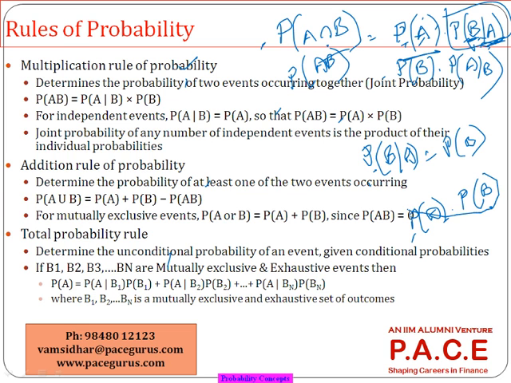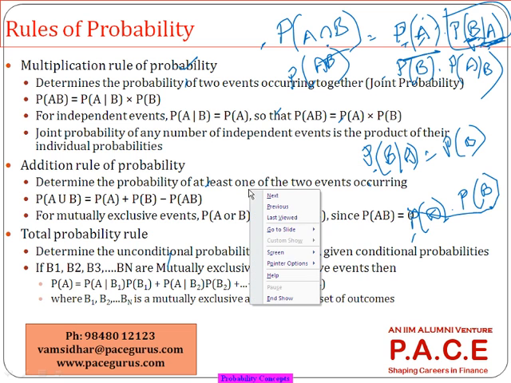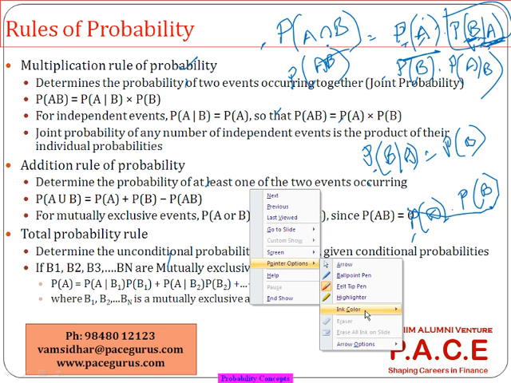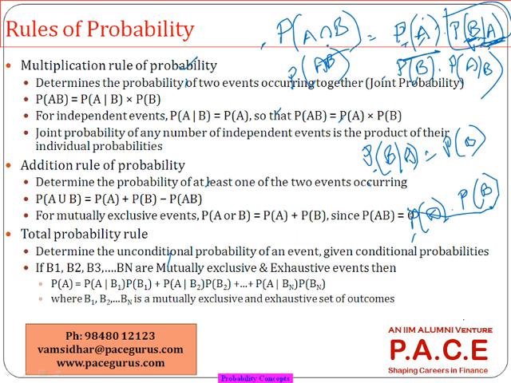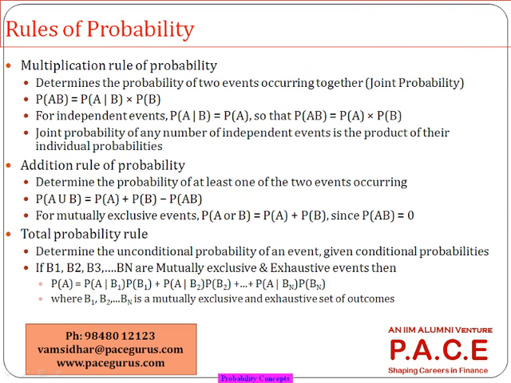Okay. So let's say we are talking about A as an event getting an even number on the throw of a dice, and B is an event getting greater than 3 on the throw of a dice. What is the commonality? If I say P of A intersection B,